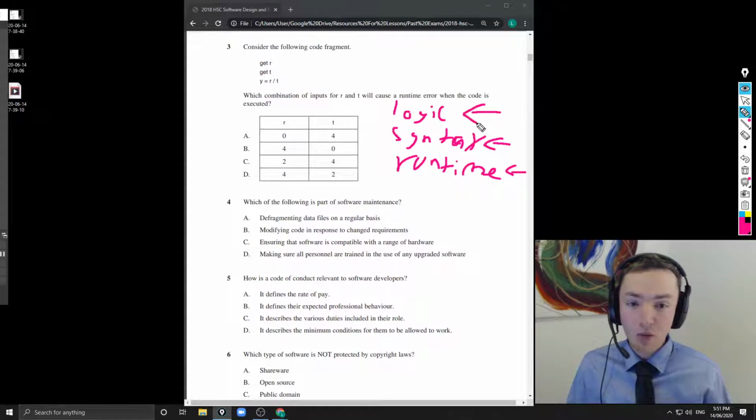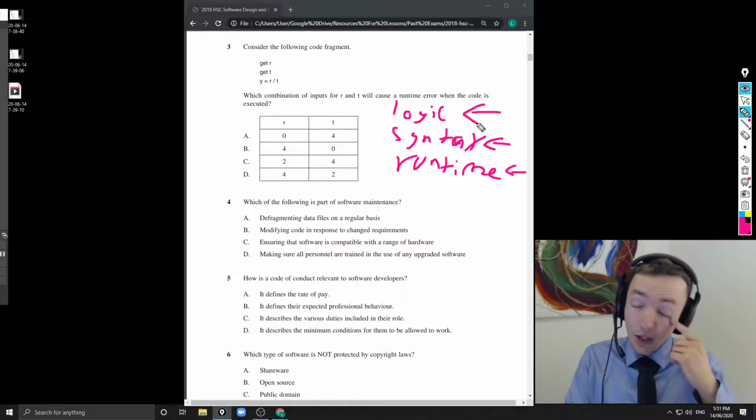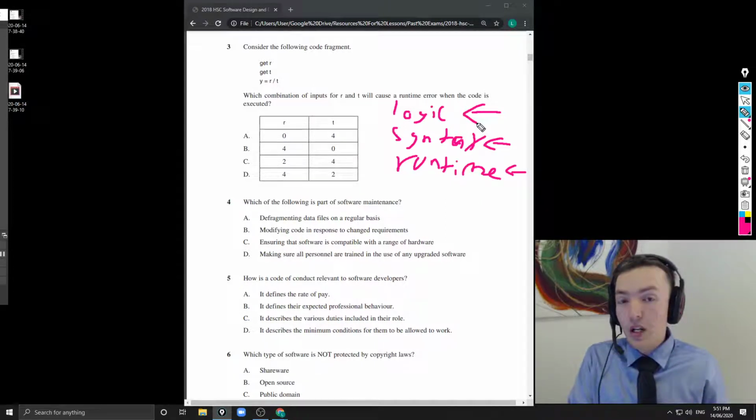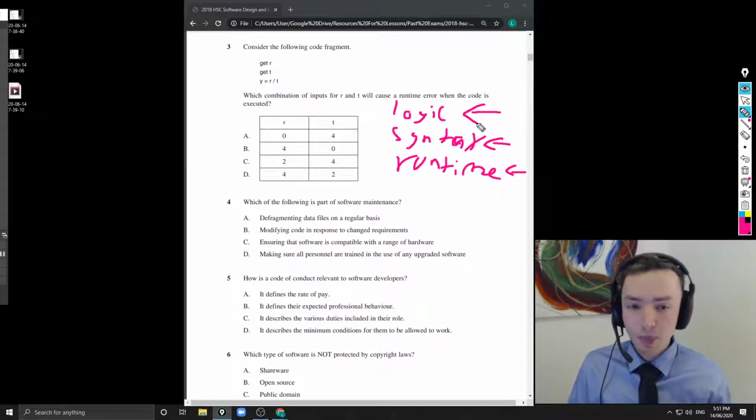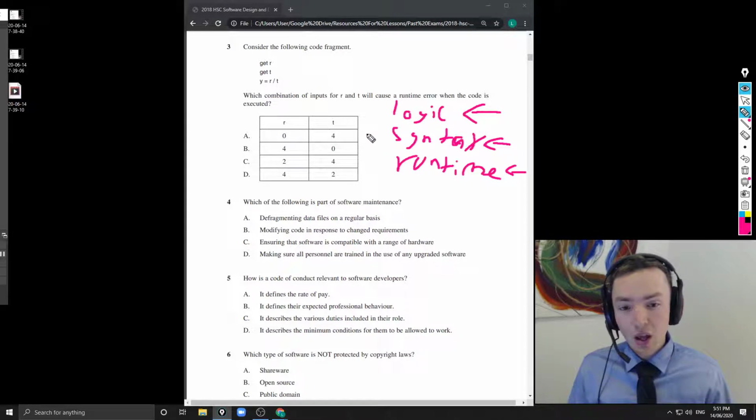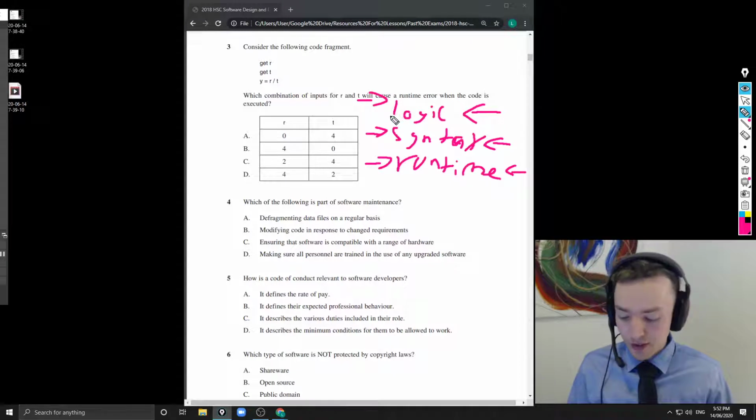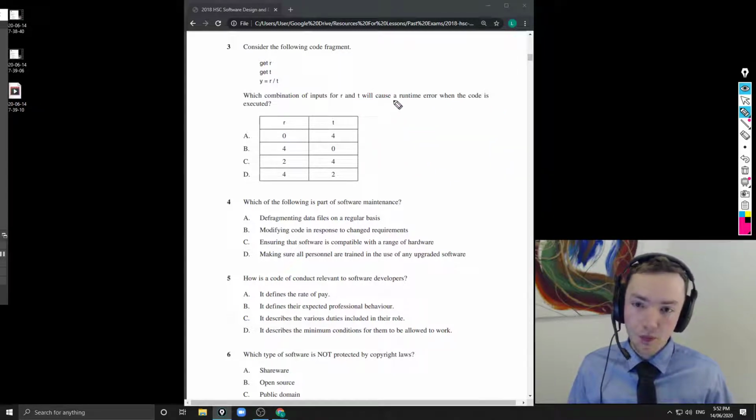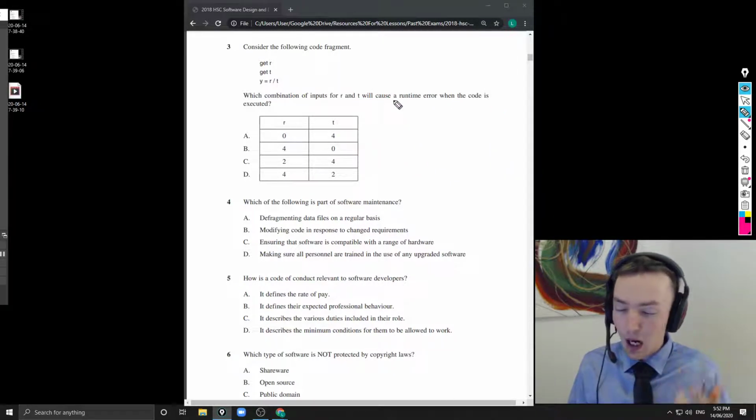And finally, we have the logic error, which is after the program has executed and the output is not what we expected. So that's after. So it's before, it's during, and then it's after. So just a good refresher for errors. But in this case, yeah,